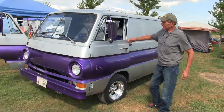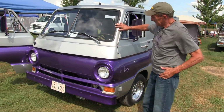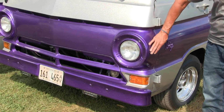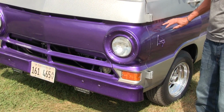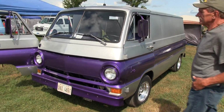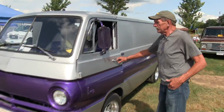The paint right now I've got is a silver metallic up front on top, and a purple metallic. It's not the Chrysler metallic, but it's a metallic purple color. It shows up really, and it pops out really nice on it. So I'm impressed, and I like it that way. So we can move this way,